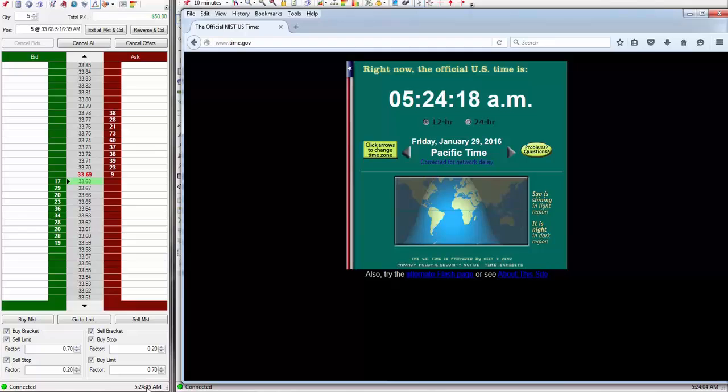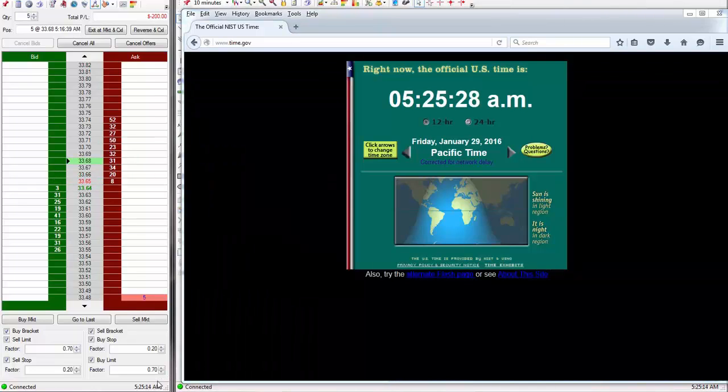It's 5:24:05. Okay, this software is a little bit off because this software is going by my computer, so my computer is saying that it's 5:25 a.m. and 17 seconds. But the atomic clock, that's the correct time, the exact correct time. My computer's off by about, what, 15 seconds or so. So I just wanted to show you that what you're seeing is all real.